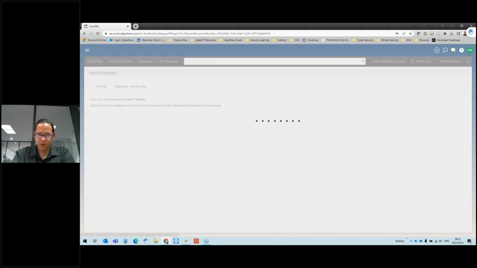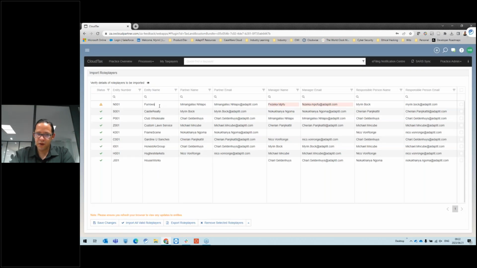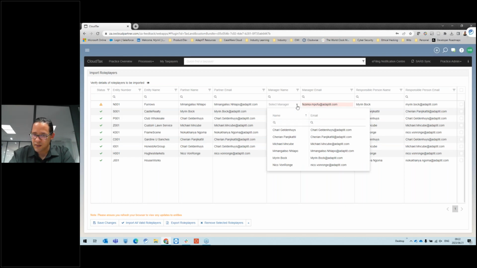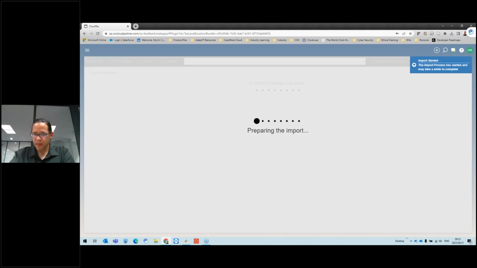let's see why that was not imported. All right, that's because Furrows was not validated. It didn't pass validation. If you had to fix this, because we set the staff member as inactive or doesn't exist, so if we make sure the record is valid, let's import all valid rows. So just